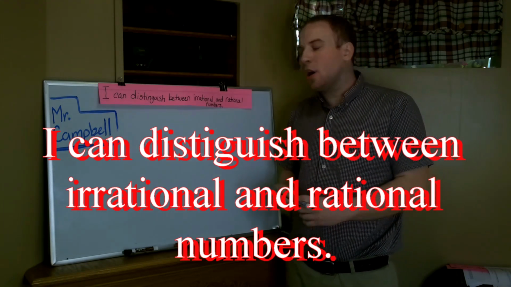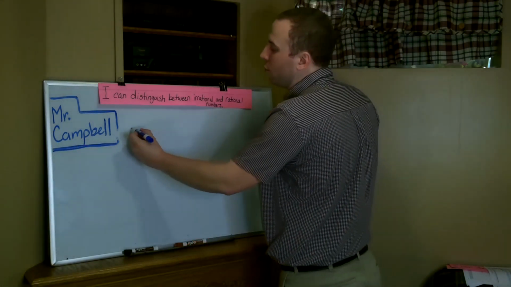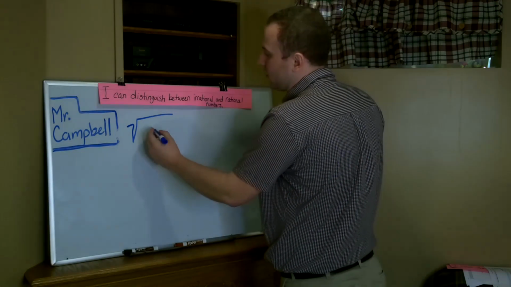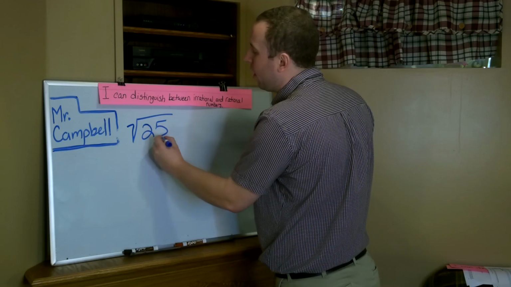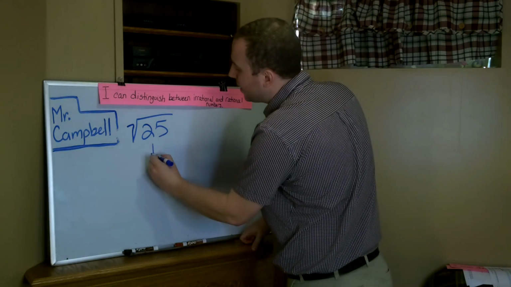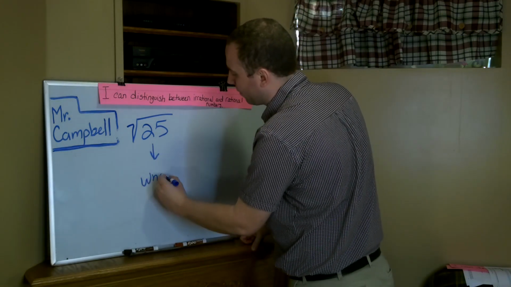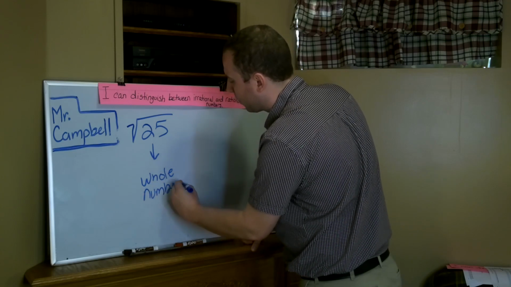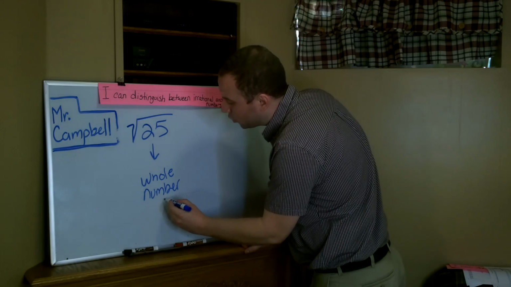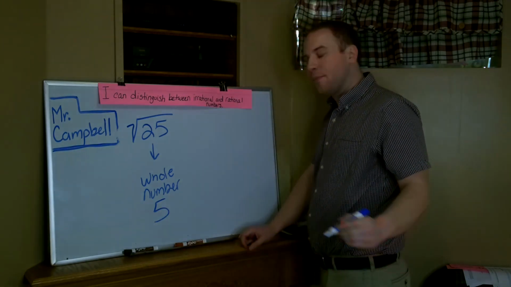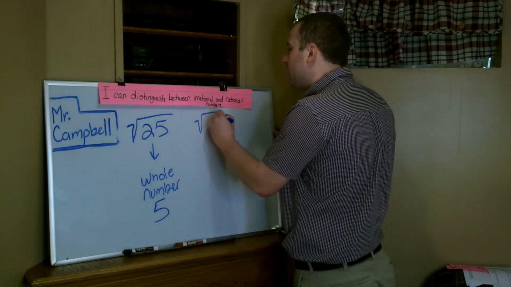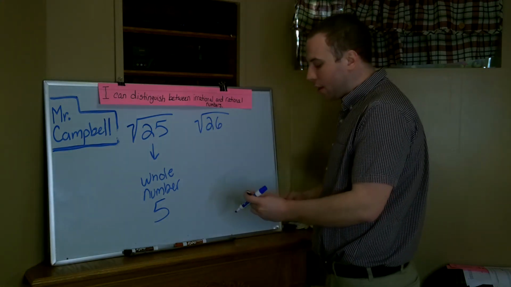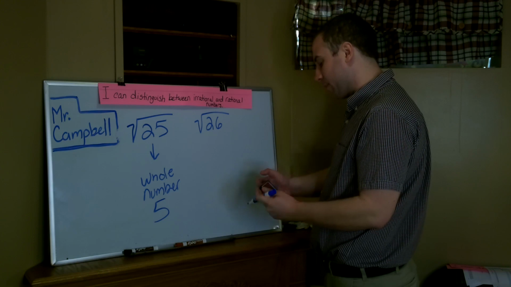Last time we talked about looking at square roots. Now, square roots can give us one of two numbers. For example, if I have 25, it can give me a whole number. The square root of 25 will give me 5. But if I have, let's say, the square root of 26, for example, looking at